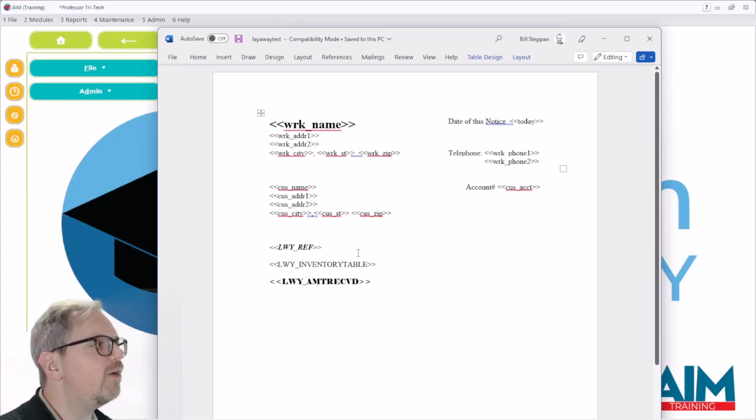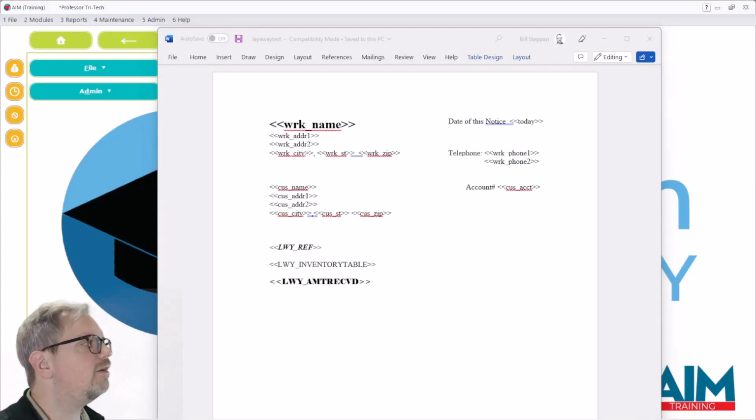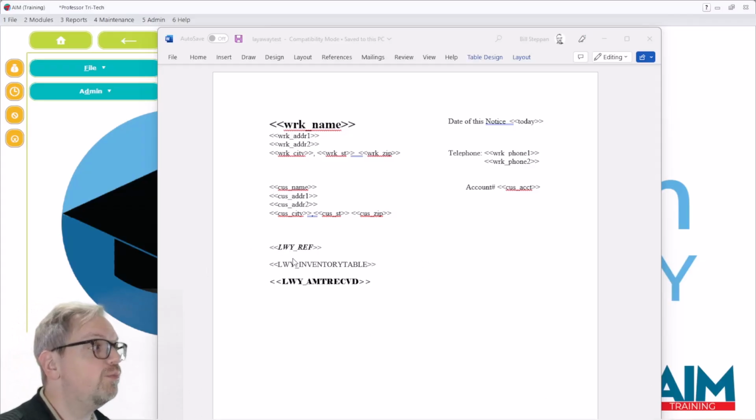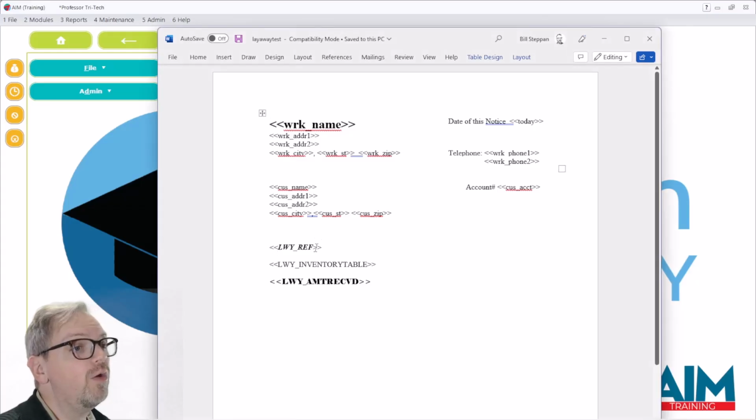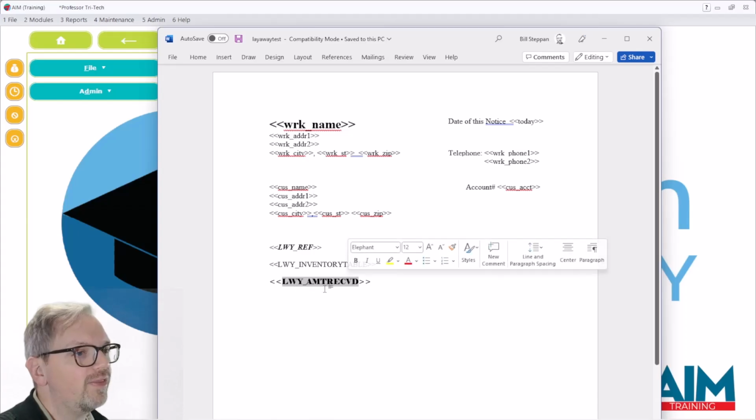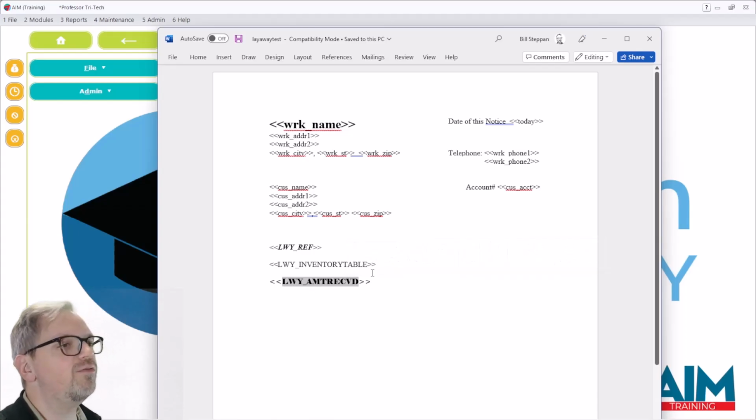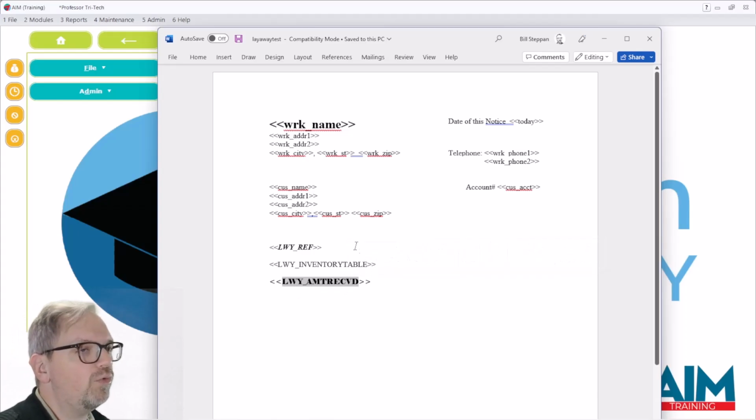I just wanted to point out that the template that is printed will honor the font information that you use to put in the tag. So in this case, when we actually do a layaway here and see this full circle, we're going to see the reference number is in bold and in italics. The inventory table is just the basic Times New Roman. And then this layaway amount received, we'll use this more bold-faced,